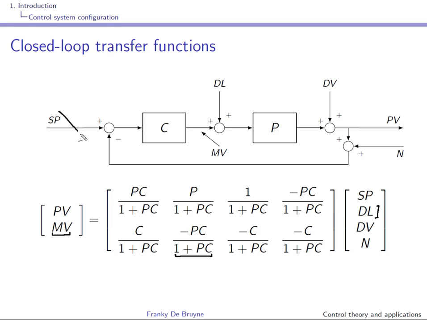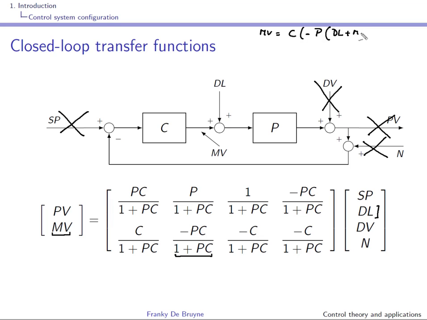So we'll forget about this, this, and this, and we are not interested in PV, right? So MV, this is C acting on minus, there's nothing here, and then we have P, and P is acting on, well, DL